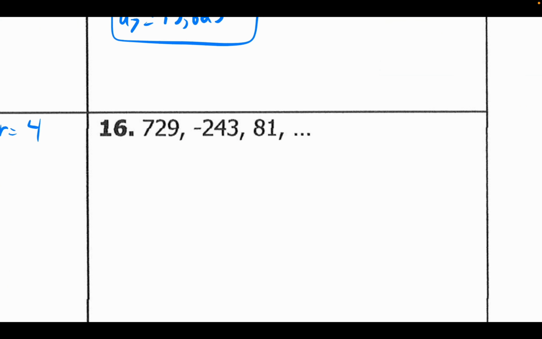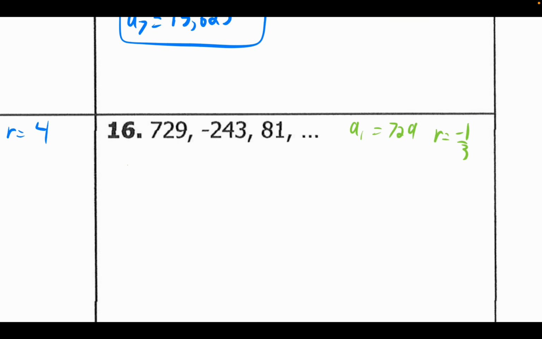Moving on to 16, a sub 1 here is 729, and the ratio r is -1/3 that we're multiplying by each time. And so then the a sub n,